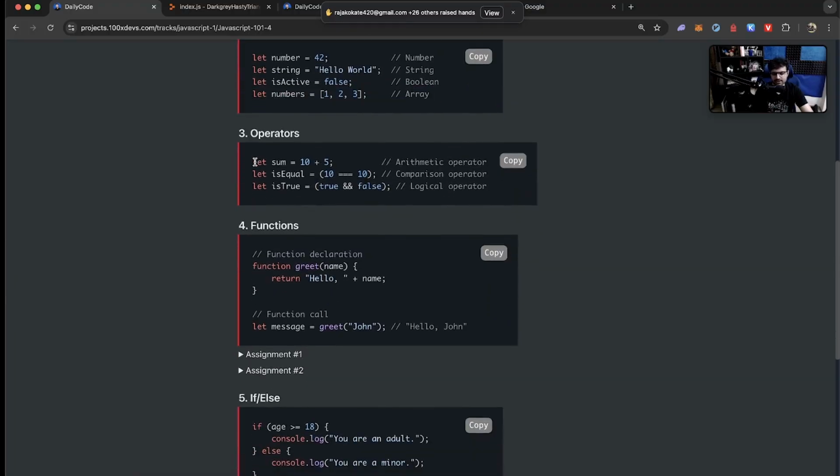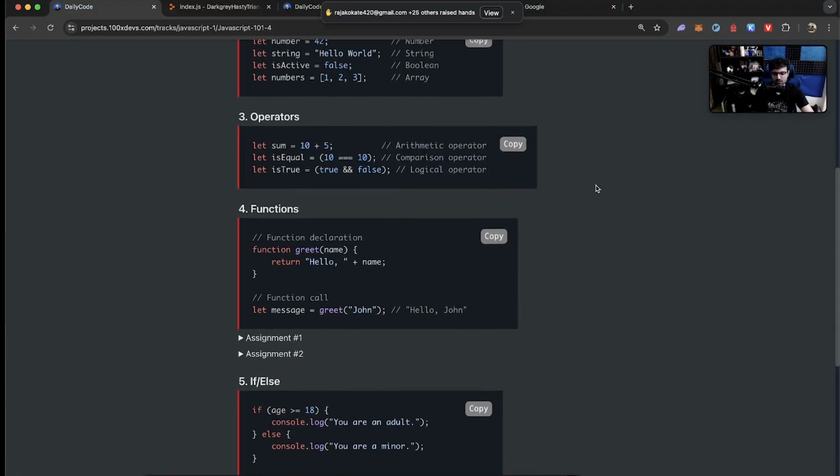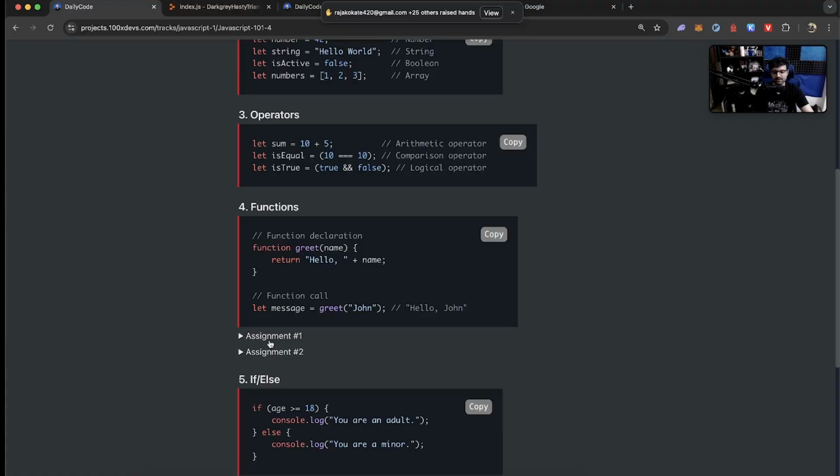Next thing is operators. Basically they let you add, subtract, check if 2 variables are equal, check if true and false, the AND operator, the OR operator. If you don't understand, that's fine. Let's write some code, let's do some assignments and understand operators and everything else we have discussed until now through these 2 assignments. Okay?